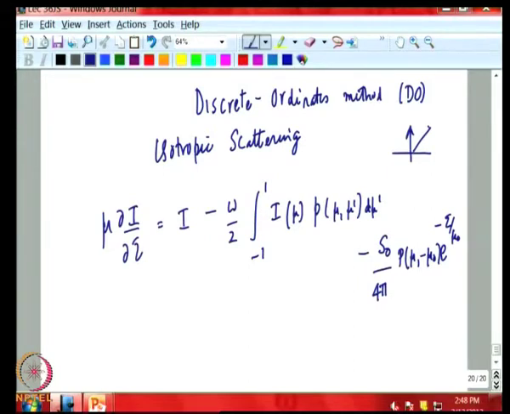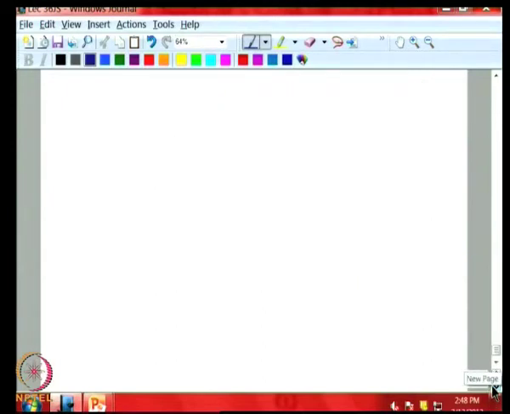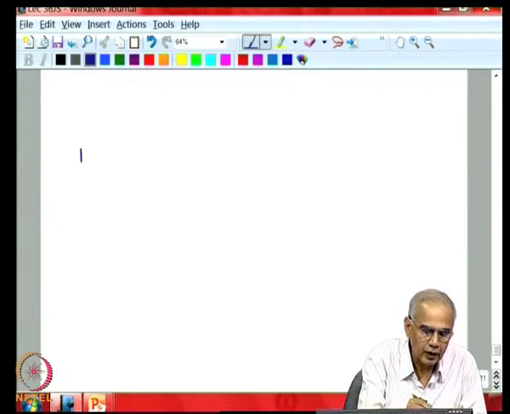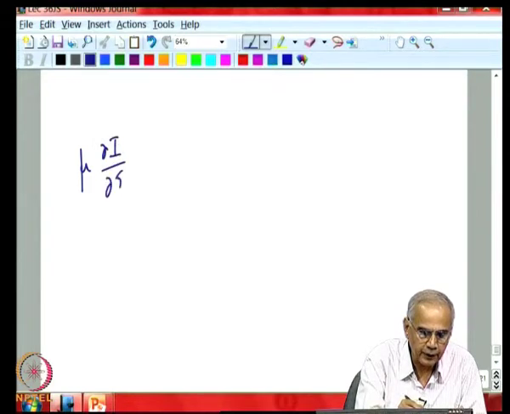If you assume that the scattering is isotropic, the scattering phase function is 1, you can integrate over all of the mu there, then you can write a much simpler expression in which the mu integration of p(mu, mu prime) is 1. So, finally, we have an expression which says the rate of change of intensity with optical depth